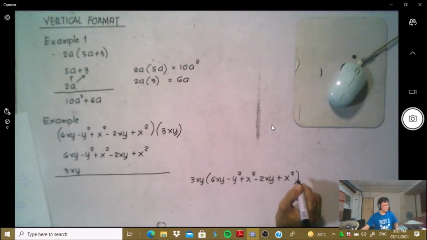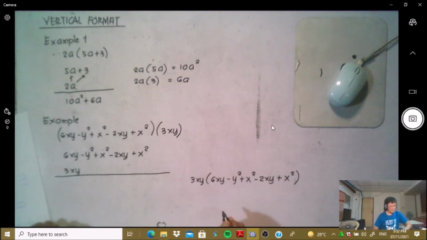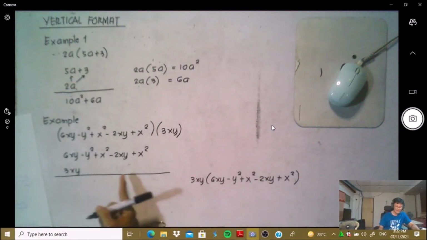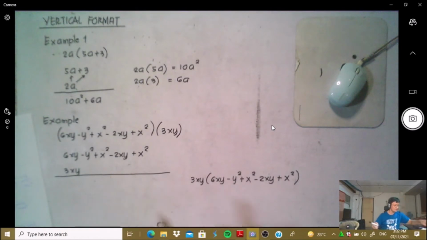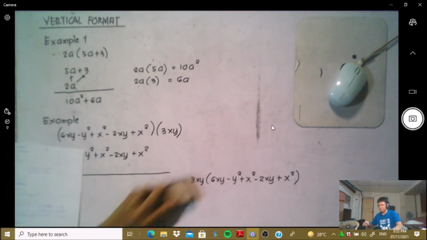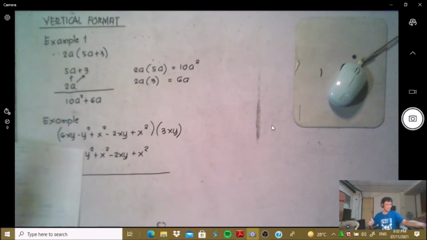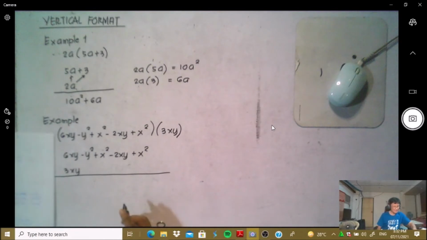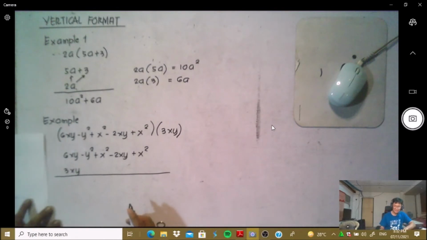Okay, so actually we have to combine our like terms first because they are the same. Therefore, we are not yet ready. So we have to make an adjustment in our question first. So this becomes, so we have,